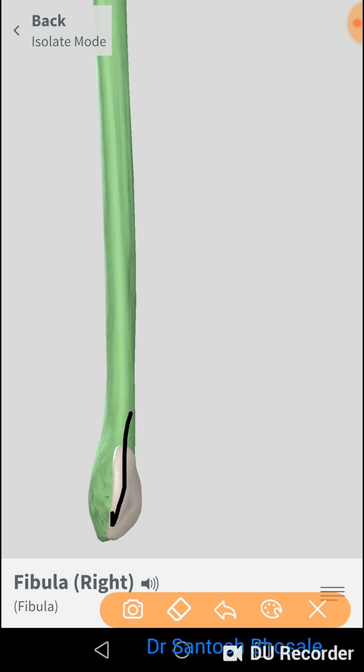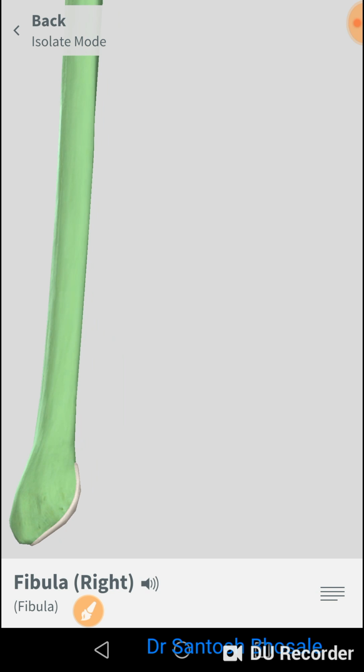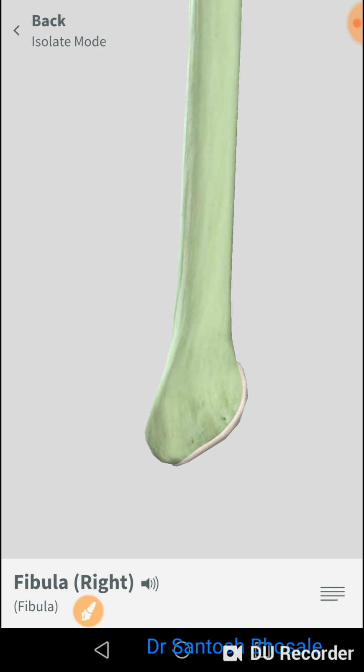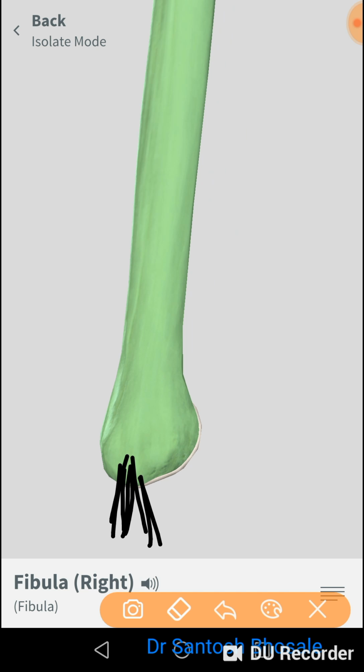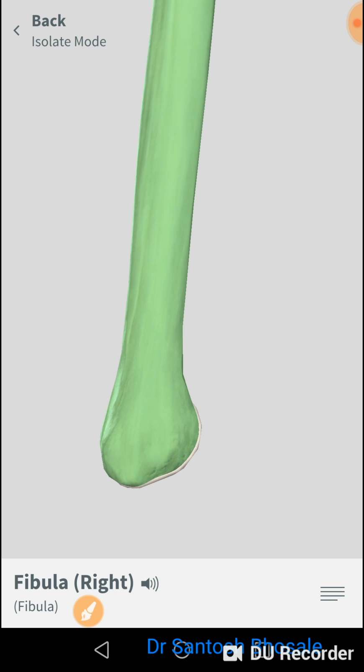You can see it presents an anterior border which gives attachment to the superior extensor retinaculum, and also the anterior talofibular ligament, whereas the lateral surface, which is formed by the splitting of the anterior border, is triangular, and this tip will give attachment to the calcaneofibular ligament, whereas this lateral surface is subcutaneous. It is